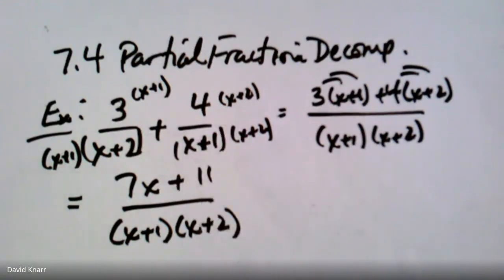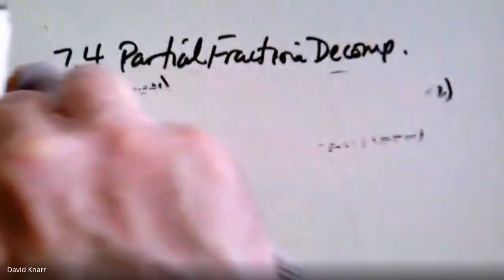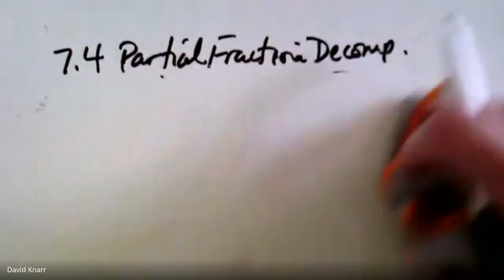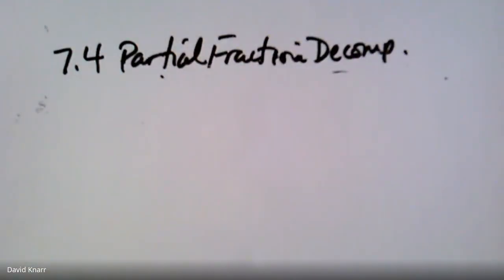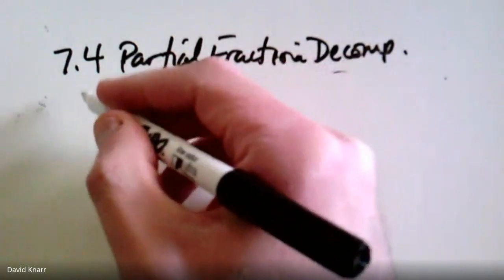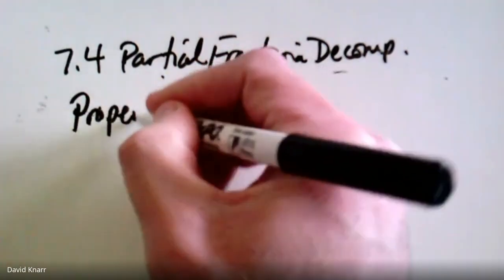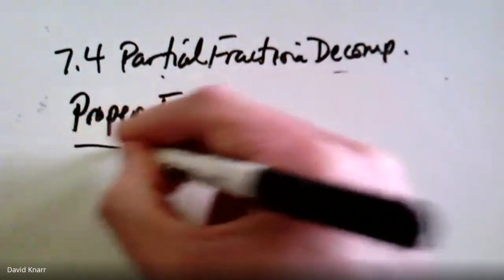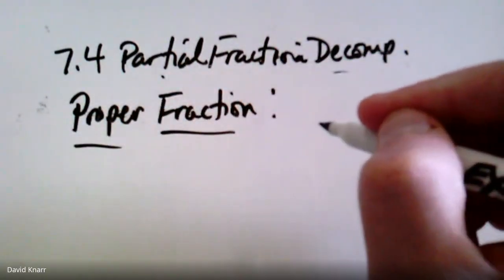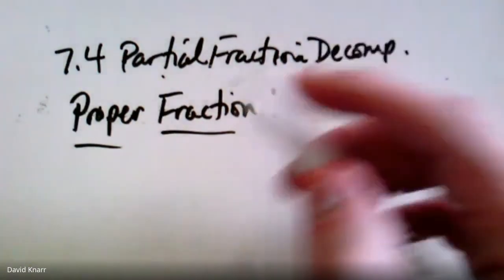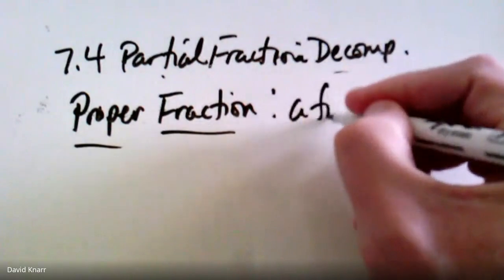Now, there are some things that you have to recognize and terms that you have to know to be able to do this. And then I'm going to show you how. It looks really complicated, but once you get the hang of it, you can do it the same way each time. The first thing that we need to talk about is something that you really don't talk about, I don't think, in middle school, which is what a proper fraction is. Everybody knows an improper fraction. You've done that a lot of times. But a proper fraction is a fraction